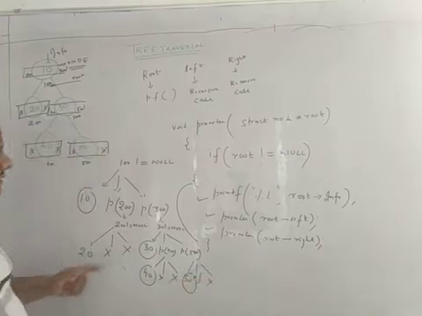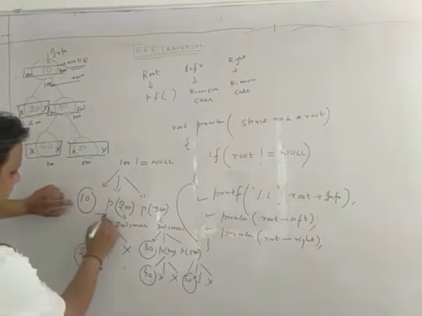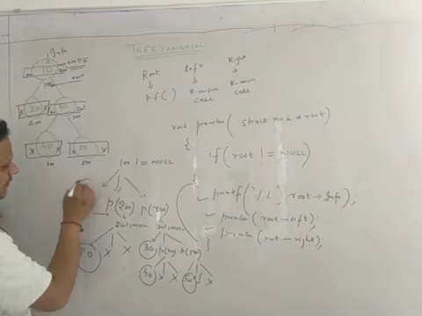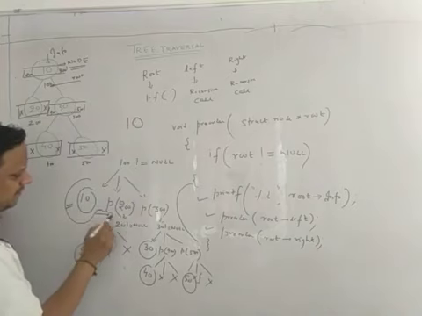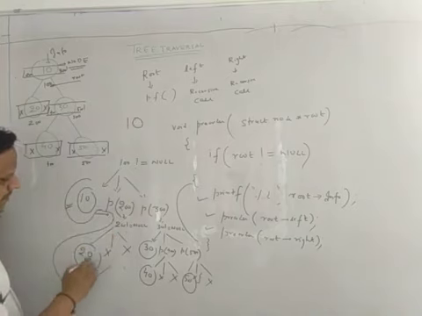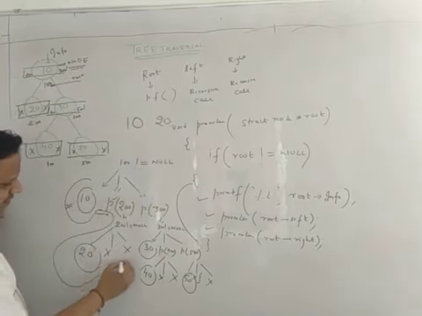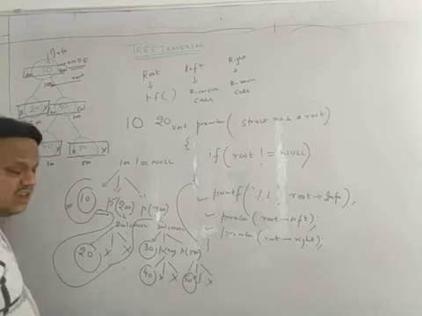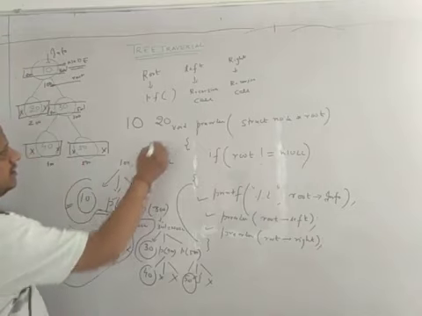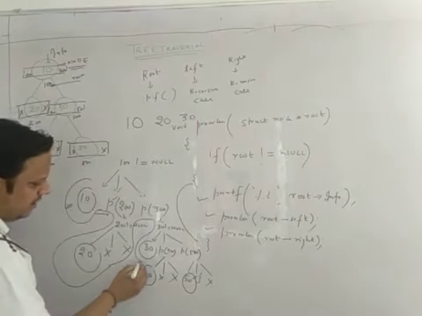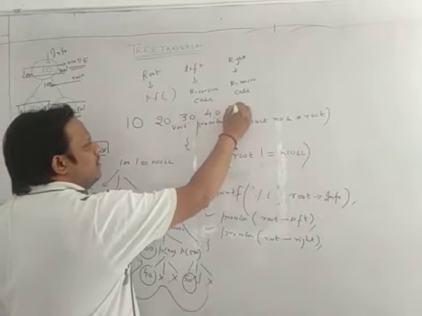So now tell me, what gets printed first? First comes 10. After 10, we solved this function. So the first thing that gets printed is 10. After 10, this function will come. Now we will solve this function. So the next value printed is 20. This is done because this is null, this is null. After this function, we come to P300. When we come to P300, the first thing evaluated is 30. So 10, 20, 30. After that it's 40 and then 50. 10, 20, 30 and 40 and 50.